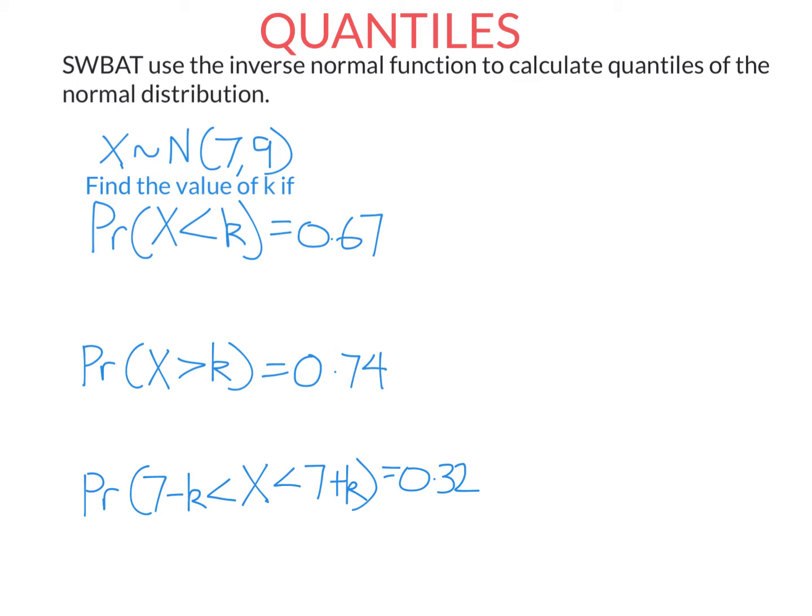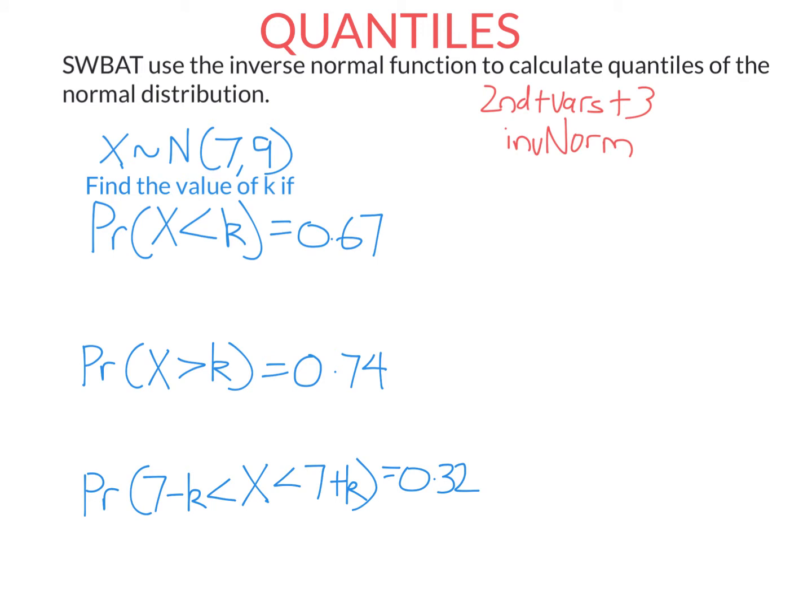We're doing something a little more sophisticated though. We're actually doing the opposite, or the inverse, of what we did in the previous lesson. So in the previous lesson, we'd get a score from a normal distribution and we'd find the probability of getting something less than or greater than that score. But now we're doing the opposite. We're going to start by knowing the probability and we're going to find the associated score required to yield that